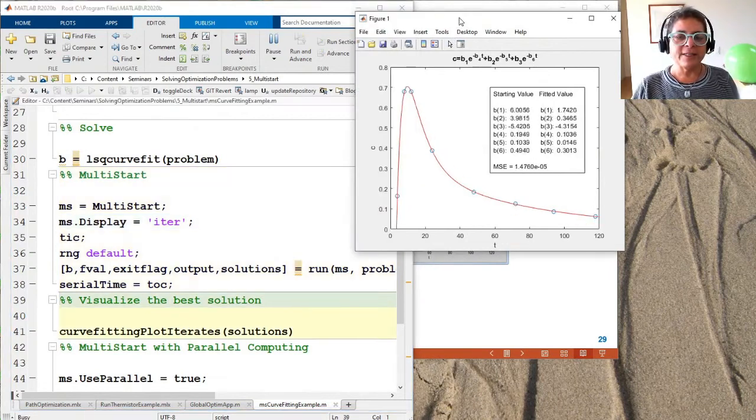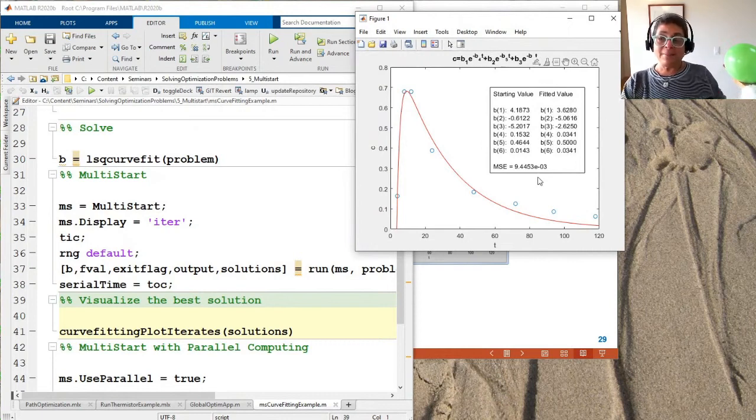And when we do, you can see I'm running through a whole bunch of different problems here, and the mean squared error is going up and down, depending on what we find. And this is the very last one. It doesn't mean it's the best one, but it's the last one that came out. Our starting values were listed here, minus 0.6 and minus 5.2, and decay constants that were